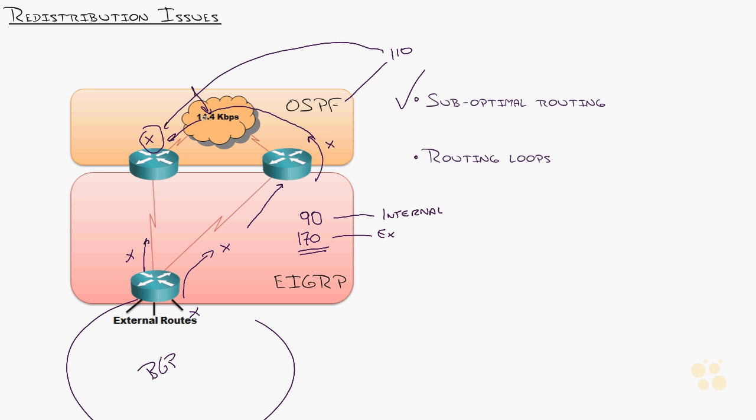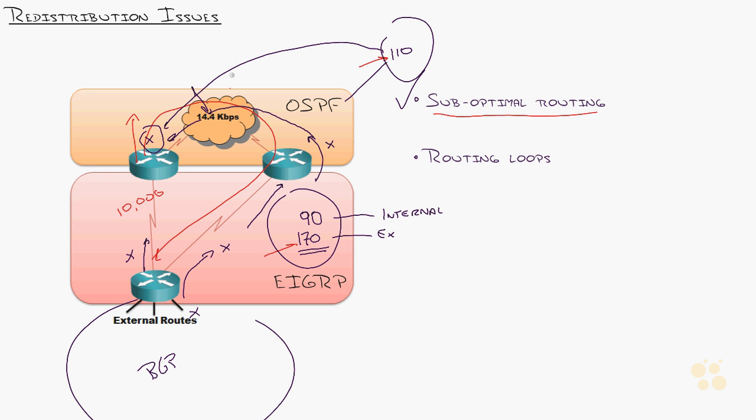Now, above the metric, administrative distance is king. It's going to always believe administrative distance before it even looks at how good a route is. And this router right here is like, oh, I believe this is the best way to get to network X because 110 beats 170. Okay, I'm going this way to reach that route. That's our suboptimal routing. We're going through the 14.4K modem when we've got a 10 gigabit per second connection. That's why they bought this, is they spent all their money right here. And it's not using the 10 gigabit per second connection because of that suboptimal routing case.